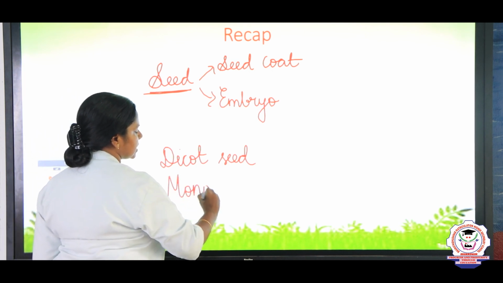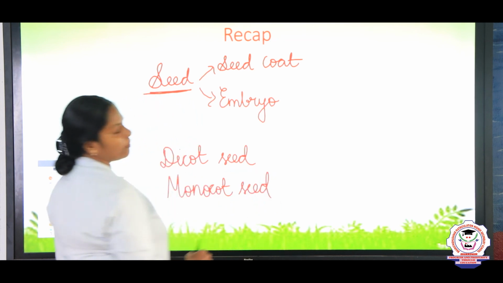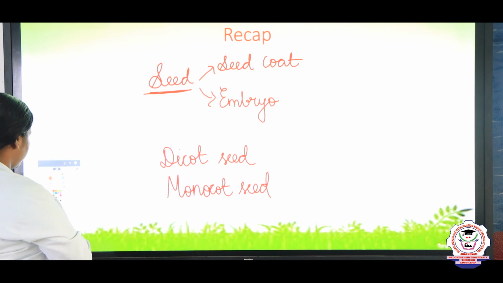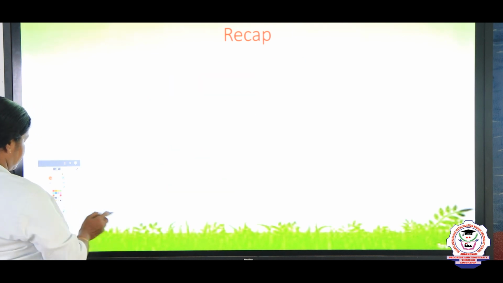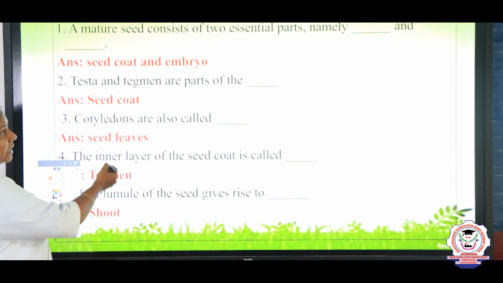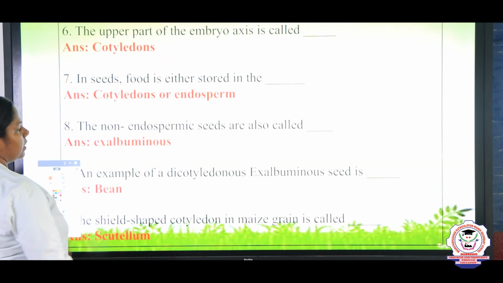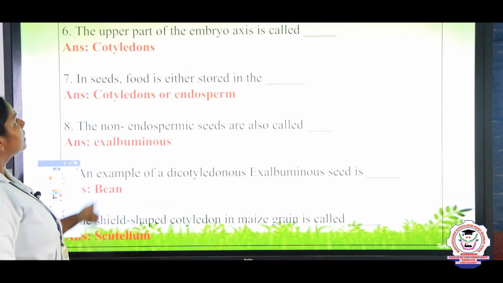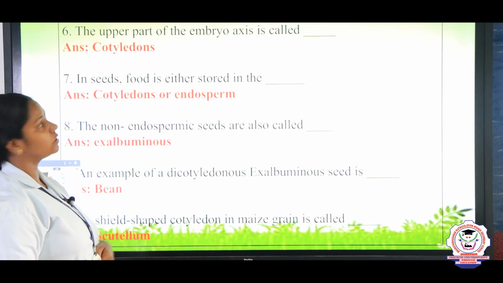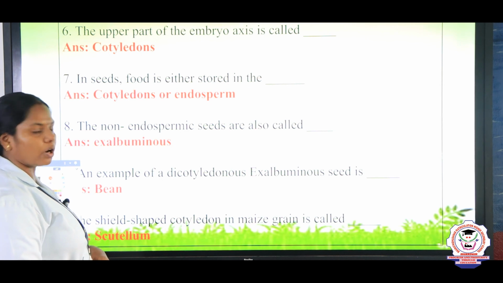Another thing we discussed is the structure of monocot seed. These 2 may give 5-mark questions. They may ask us for a difference or comparison also. With this, the session comes to an end, children. This is the attachment given related to this topic assessment. Just go through it, and I will ask you one question from it. The upper part of the embryo axis is, yes, very good, we say it as epicotyl.